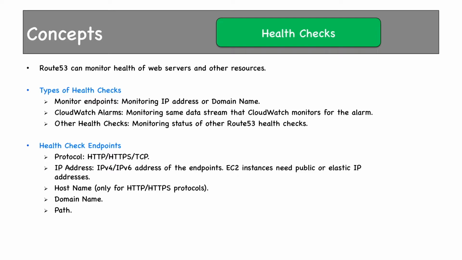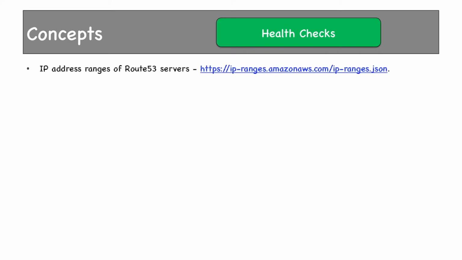There's an interesting side note for Route 53 health checks. We all know that health check is done by pinging an EC2 instance at pre-provided frequencies. In case of Route 53, those pings are done by different nodes from different regions called health checkers. The IP addresses of the health checkers can be found here. Let's look at some of the IP addresses.